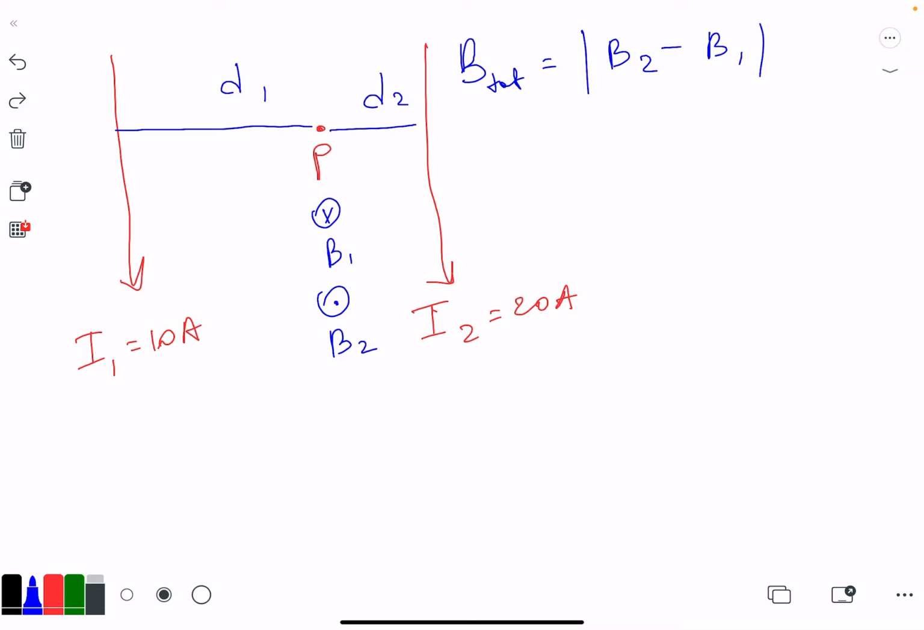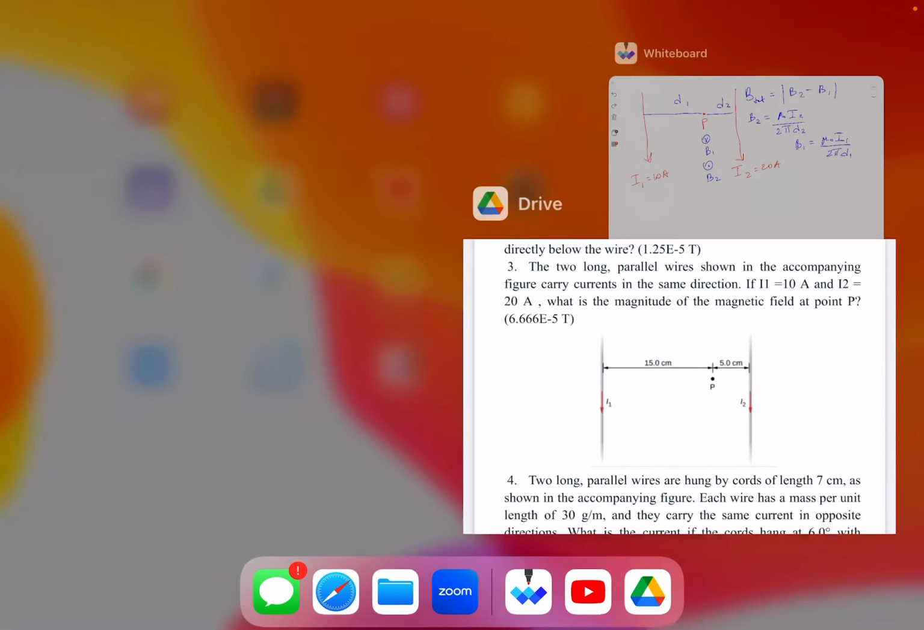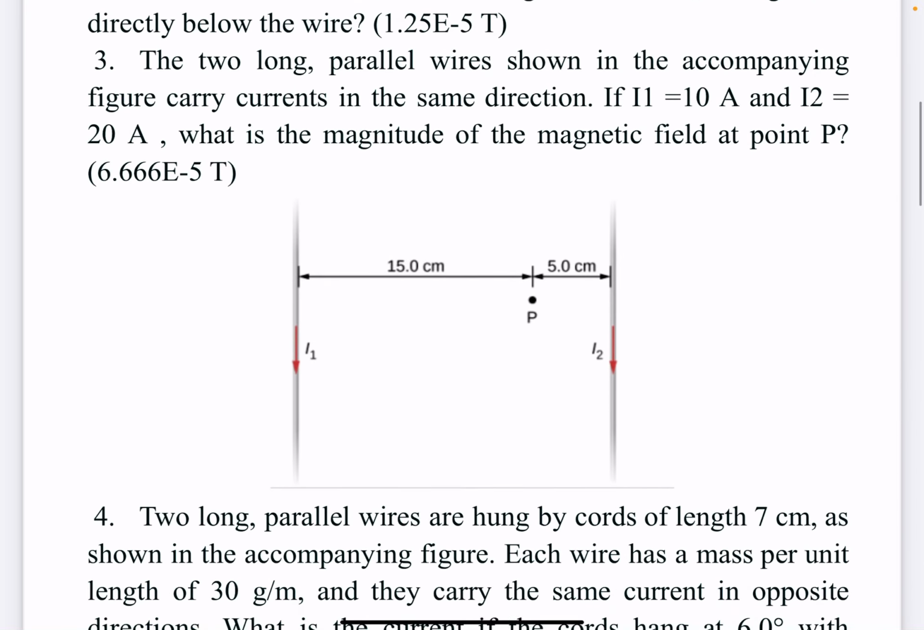Okay, the formula will be what? So B2 will be equal to mu naught current 2 divided by 2 pi, and the distance is d2. Okay, for B1, it is equal to mu naught current 1 divided by 2 pi and d1. Okay, so if you plug it in, then you should get the answer. Okay, next,